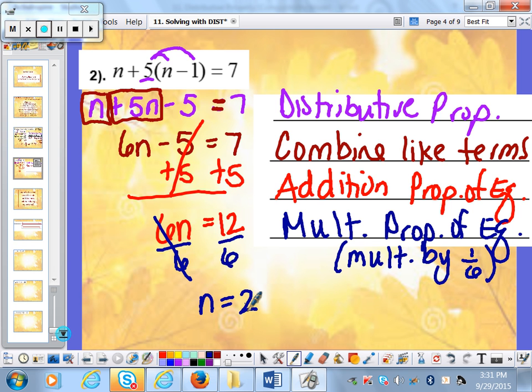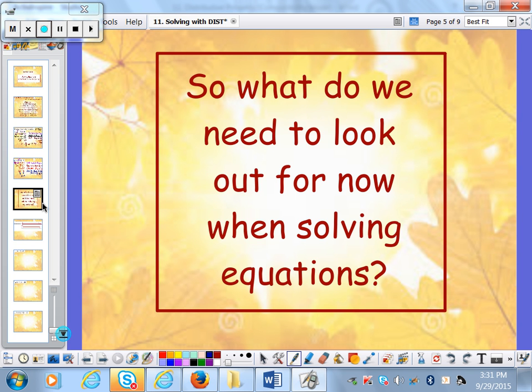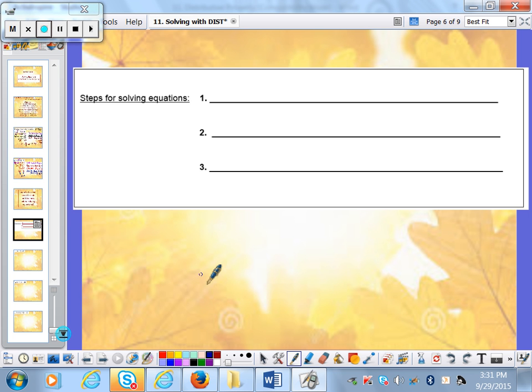Okay, so this is it pretty much for lesson 11, so let's sum it up down below. So I want you to think, what do we need to look out for now when solving equations? Think about what we just did in those 2 examples above for our first move. From now on, the steps that we are going to look out for when solving equations will be as follows. The first thing you're going to look for,